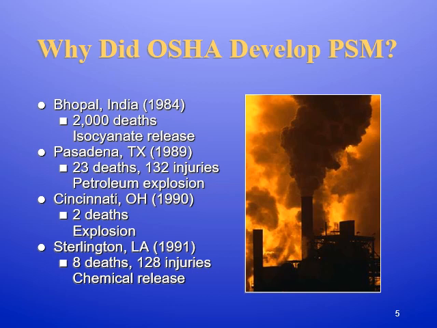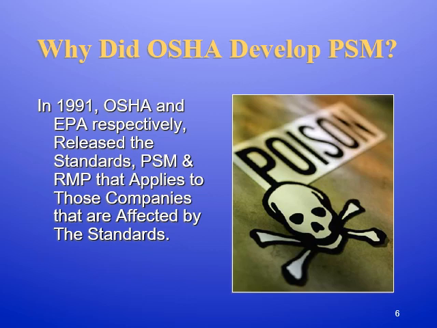So again, these are some examples of some incidents that happened before the standard went in place. We talked about Bhopal, the first week of class, in 1984. Other accidents: Pasadena, Texas in 1989, Cincinnati, Ohio in 1990, and Sterlington, Louisiana in 1991. So these accidents are still happening today. So again, also in 1991, OSHA and EPA respectively released the standards, Process Safety Management and RMP, that is Risk